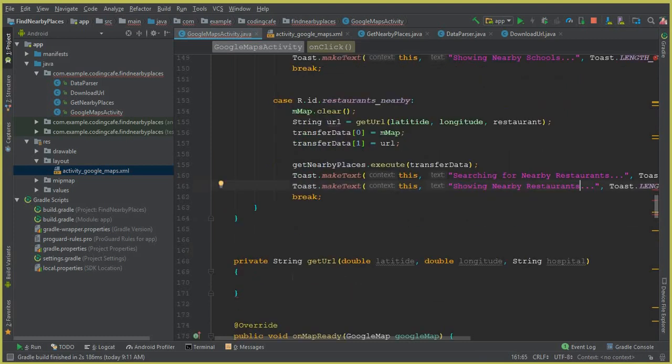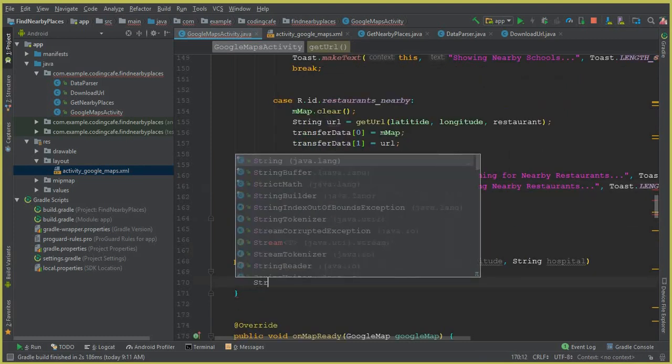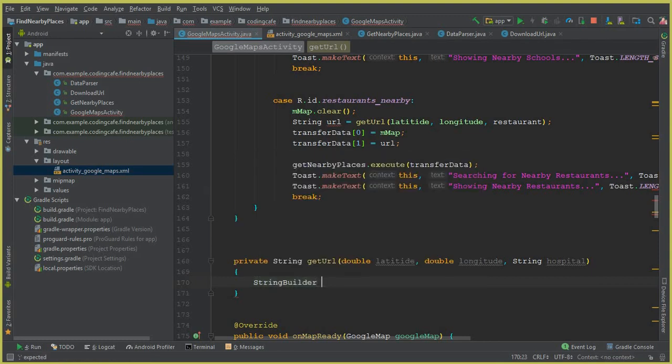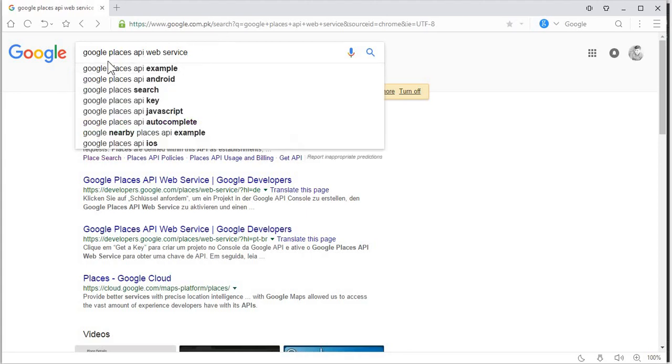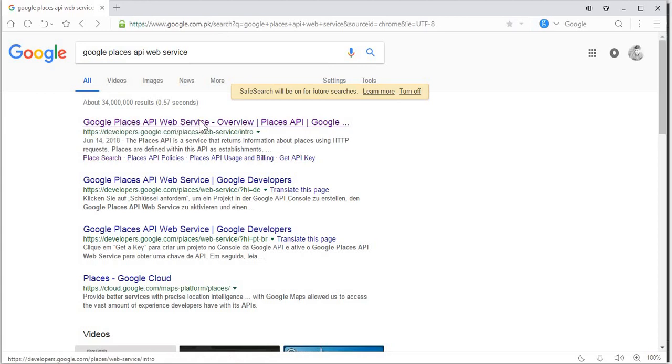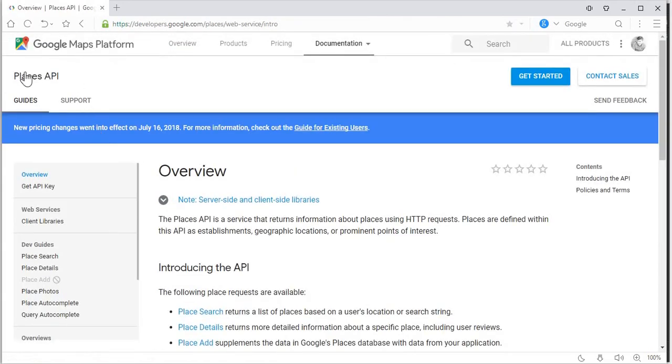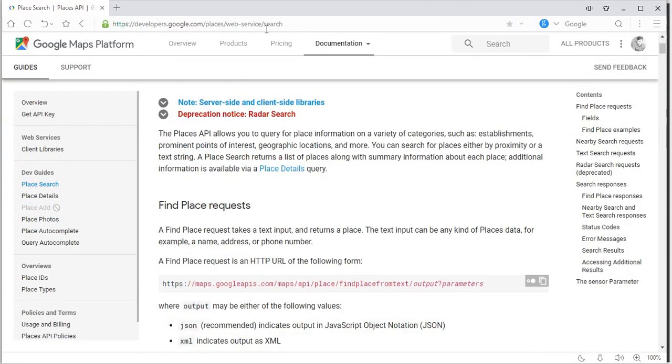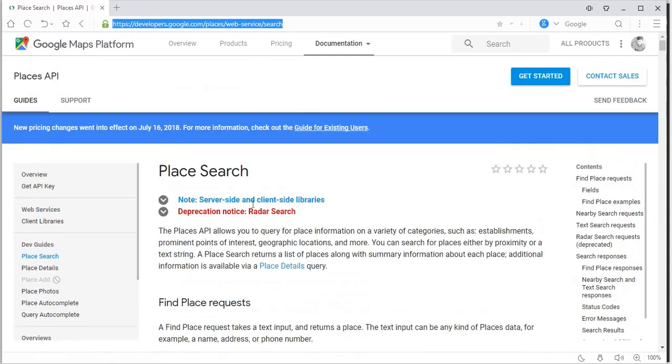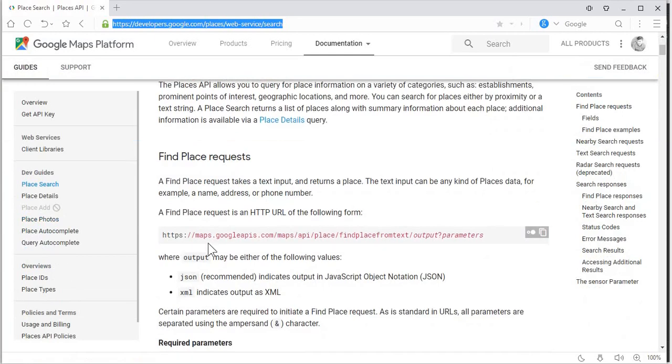So now come here to the getUrl method, and here we can say StringBuilder. Let's call this googleURL equals to. Now first go to the browser, and in the browser you can simply type Google Places API Web Services, and this link will appear. Click on that, and here you can see that we are on the Places API, and here you can simply click on this place search, and the link will be available in the description also, okay? So you can also click on the link which is available in the description and it will redirect you to here. So when you click, come here to the place search, then here you can see that we have this